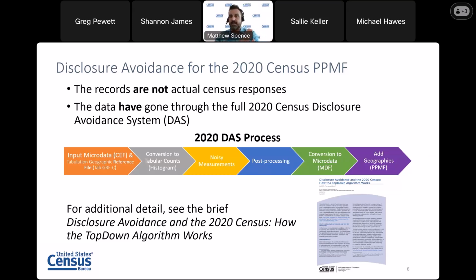these tabulated counts. So what do we mean by noise? It's small bits of additions or subtractions. In my tract at home, there might be 100 male 5-year-olds. And after the infusion of noise, maybe we'll say, okay, there are 101 males, or 102. Or maybe we'll say there are 99 5-year-old males in my tract. So after that, you get noisy measurements, and noise is added, infused individually and separately for each one of these tabular counts of the histogram.